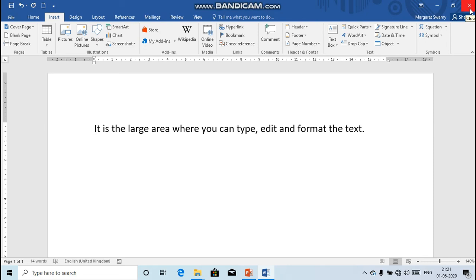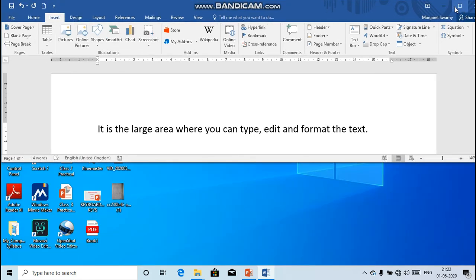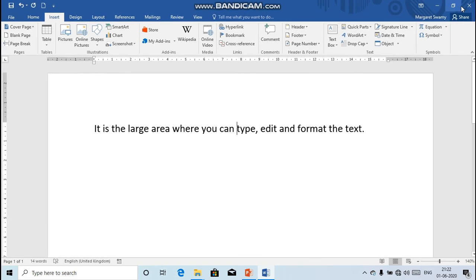If you click on it, it will close this application. In between minimize and close, we have the restore down button. When we click on restore, it will change the size of the Word document. If you want to see it in full screen, click on the maximize button again.